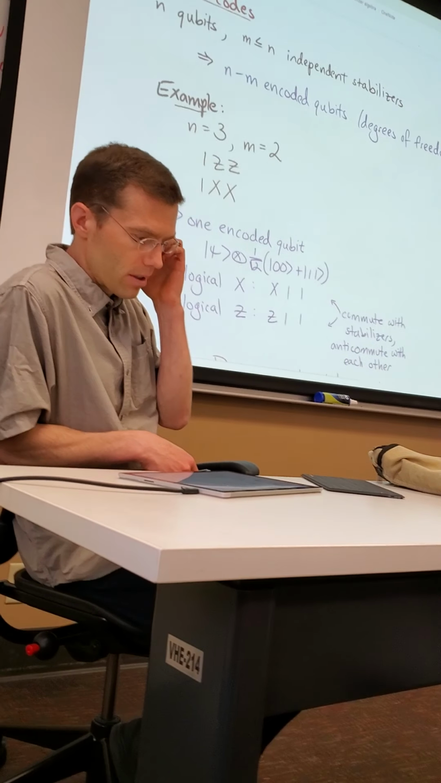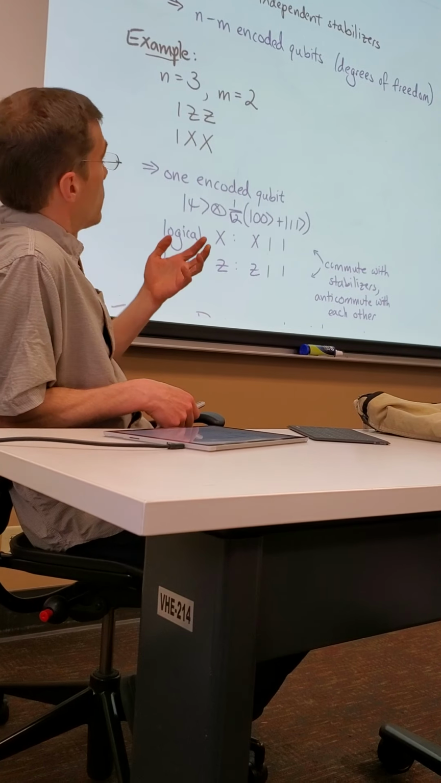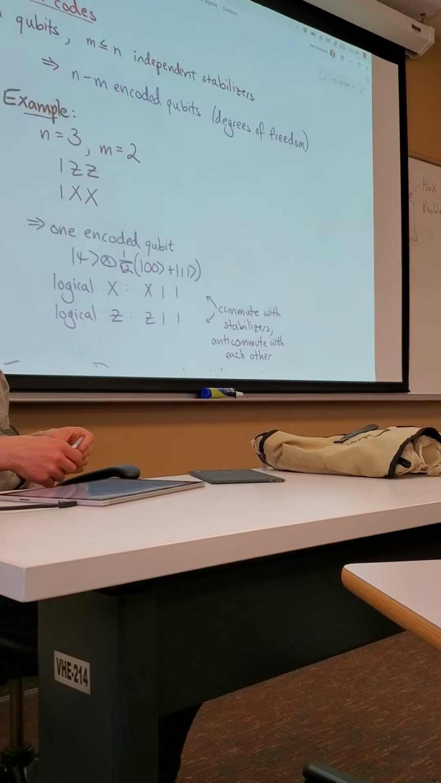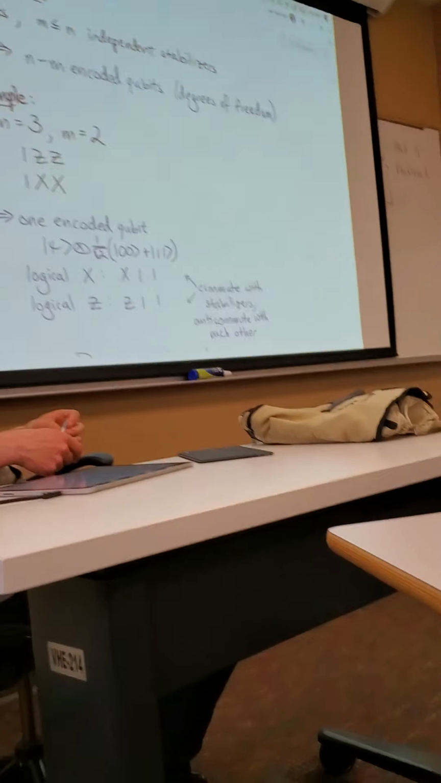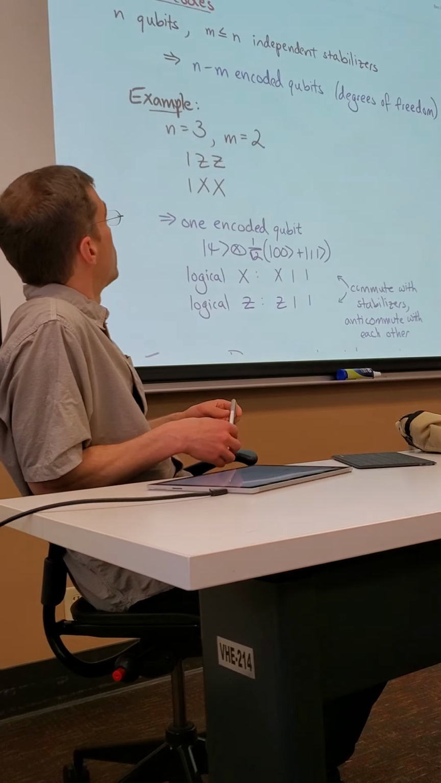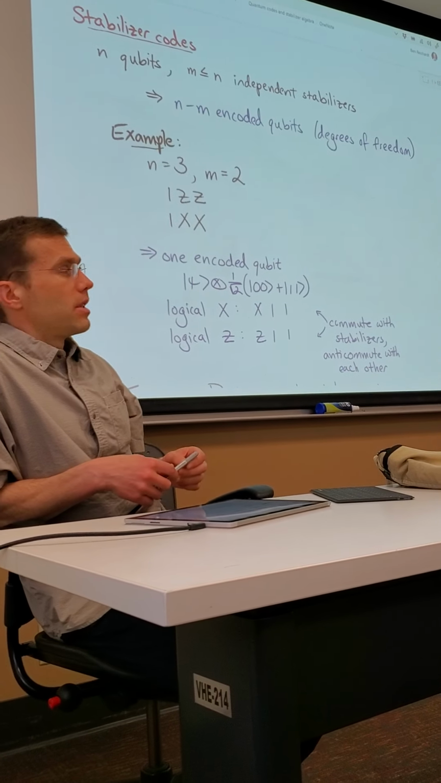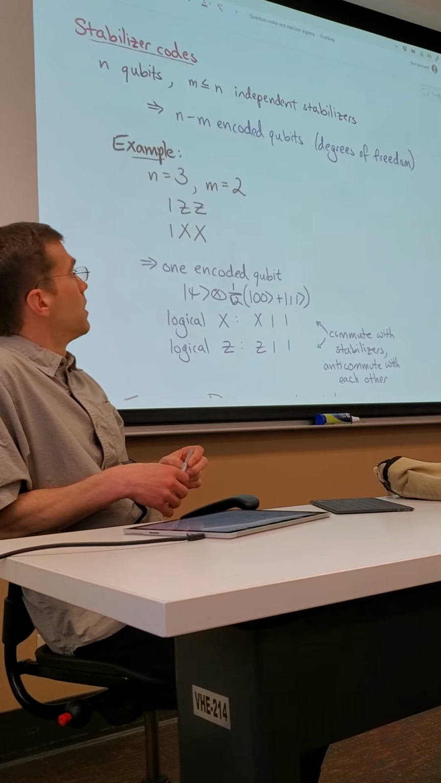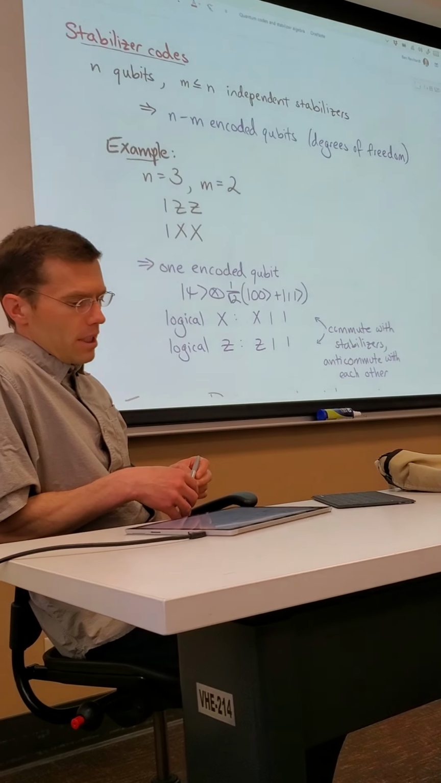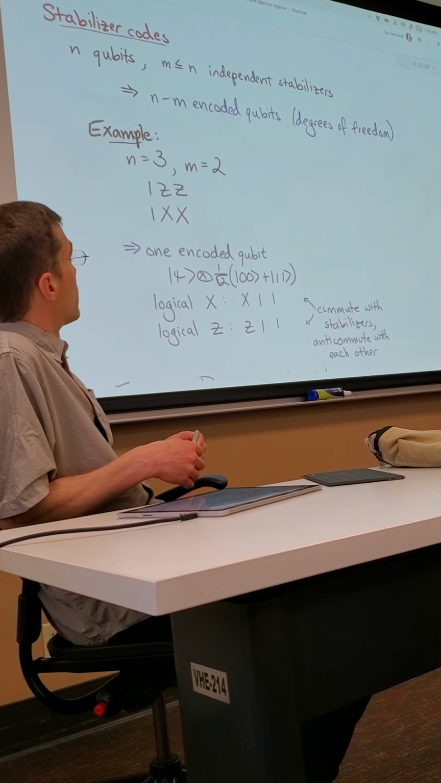And all the codes I'll talk about are stabilizer codes. So a stabilizer code is a stabilizer state where we don't have as many independent stabilizers as qubits. So if you have n qubits and you have m stabilizers, so these are independent commuting Pauli operators on n qubits, the number of degrees of freedom, the number of encoded qubits, is n minus m. So for example,